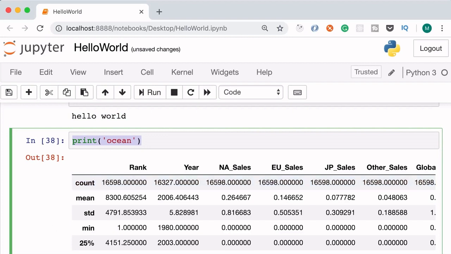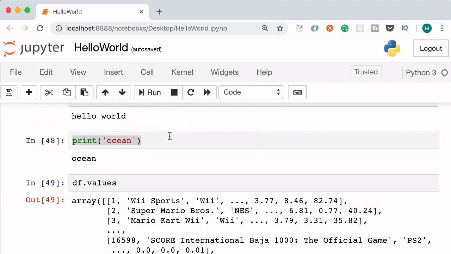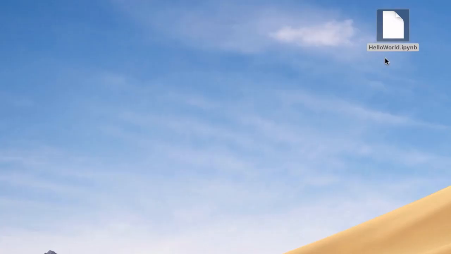Now, to solve this problem, we can go to the cell menu on the top and run all cells together. This can work for small projects, but sometimes you're working with a large data set, so if you want to run all these cells together, it's going to take a lot of time. That is the reason Jupyter saves the output of each cell, so we don't have to rerun that code if it hasn't changed. So this notebook file that we have here includes our source code organized in cells, as well as the output for each cell. That is why it's different from a regular Py file where we only have the source code.